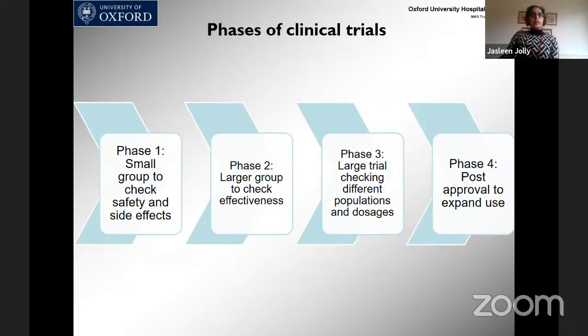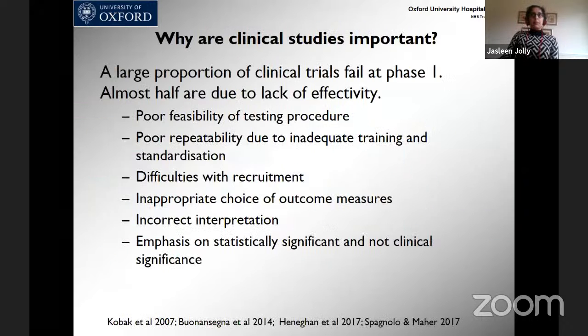So that shows you why clinical trials are important, but clinical studies, I think, are too often ignored. A large proportion of clinical trials actually fail at the phase 1 stage. Almost half of them are reported in the literature to be due to lack of effectivity. So this can include a number of reasons, but some of these that can be corrected in clinical studies are poor feasibility of the testing procedure,